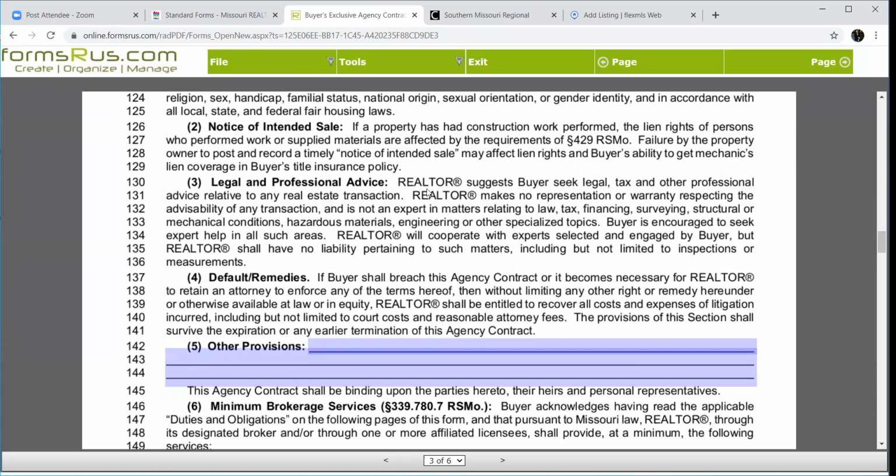Legal and professional advice. I am a realtor by trade. I am not a tax, finance, structure, survey, hazmat, engineer, or any of these other things. If any of those issues come up and you don't have those people already in your group of contacts, I will help you locate them, but I'm not going to answer those kinds of questions for you. So if you have tax questions, we're going to send those to a tax person. If you want to know about a survey, I can look at the survey and tell you what I think, but if we need to know something specific, we're going to call the survey company, okay?